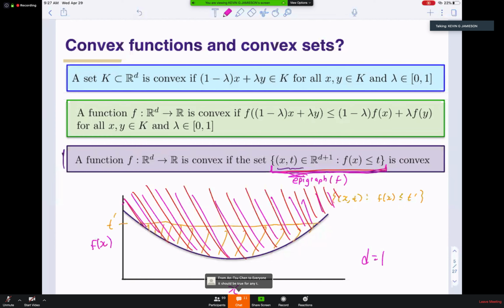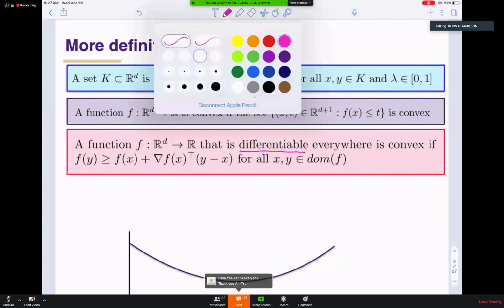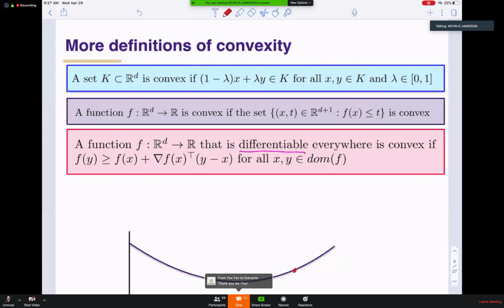Okay, so these are definitions, not the easiest things to work with. How do you recognize that a function is actually convex? One of the most common ways to determine whether a function is convex is this alternative definition: if f is differentiable everywhere, meaning it has a gradient defined everywhere, then we say it is convex if f of y is greater than or equal to f of x plus grad f of x times y minus x, for all x, y. As Jamie went through this definition last time, what this is saying, or equivalent to saying in pictures, is